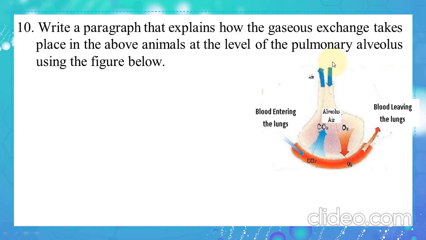First event, which is inhalation. What happens during inhalation? Second one, the process of gases exchange. So how does it take place? And finally, the exhalation. We will start with inhalation. As this arrow shows, the air enters the alveolus. So during inhalation, the air enters the alveolus, which is rich in oxygen gas and poor in carbon dioxide gas,